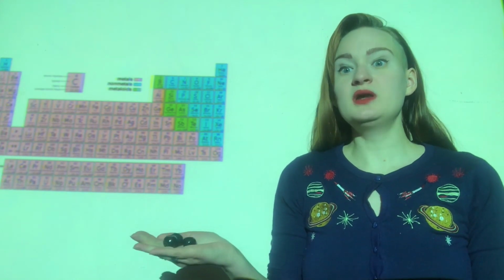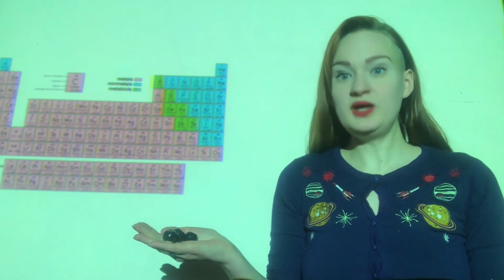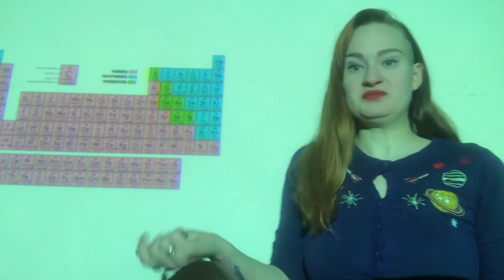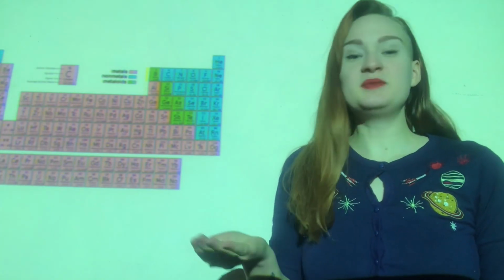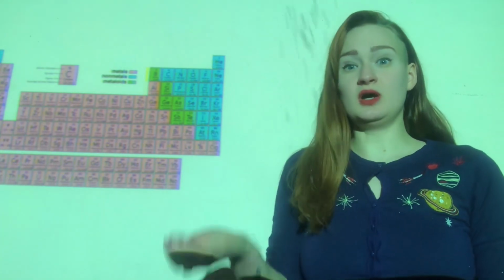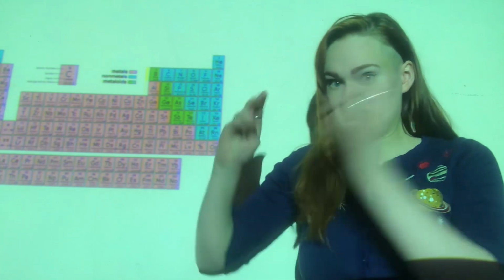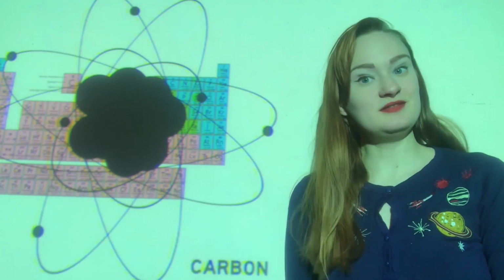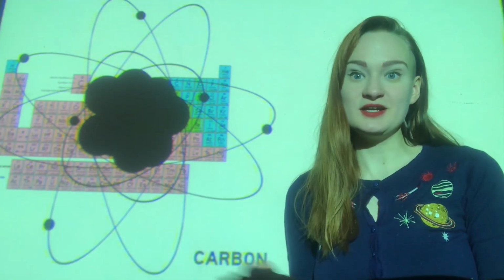Now, if we put carbon under a lot of heat and pressure, we get something pretty cool. We get, wait for it, diamonds. We think that the core of this planet, which is mostly carbon, has been under so much heat and pressure for so long that it has become a layer of diamonds. Pretty neat. This is all thanks to the carbon that is inside the planet. Now, the next planet is called